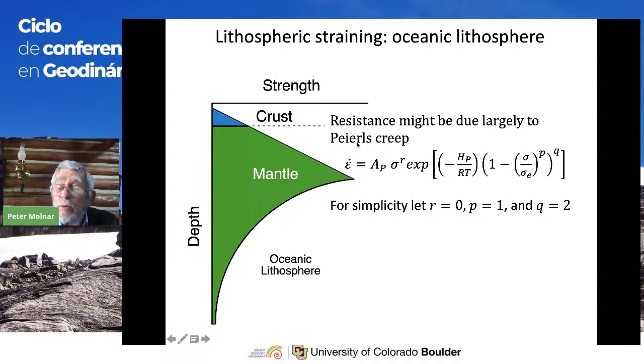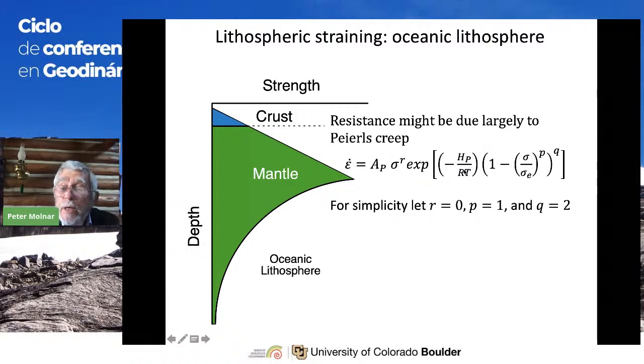And this is the equation that we had last week for Peierls creep. Complicated equation. Strain rate varies with some constant times a stress times some not very large exponent, then times an exponential that depends upon an activation enthalpy divided by the ideal gas constant and temperature in kelvins, of course, with a negative sign here. Negative sign because if temperature is large, this becomes small. The exponential of a small value will give you a strain rate.